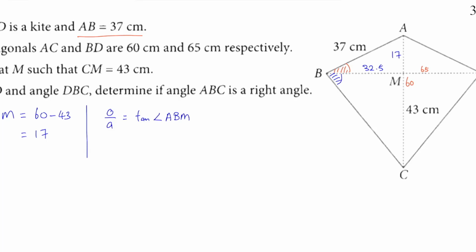O is opposite 17, adjacent is 32.5. So angle ABM equals to tangent inverse 17 over 32.5, close bracket, equals to